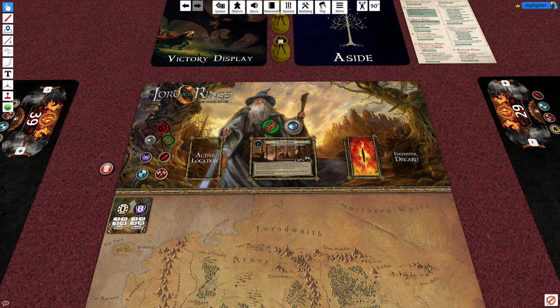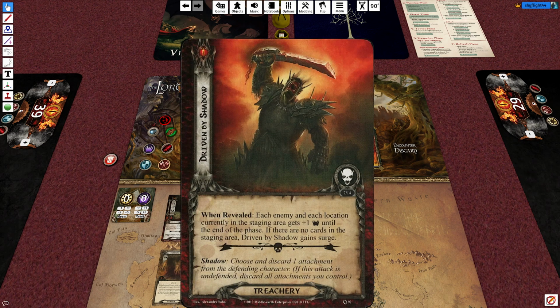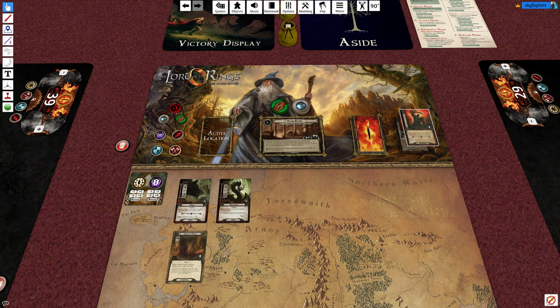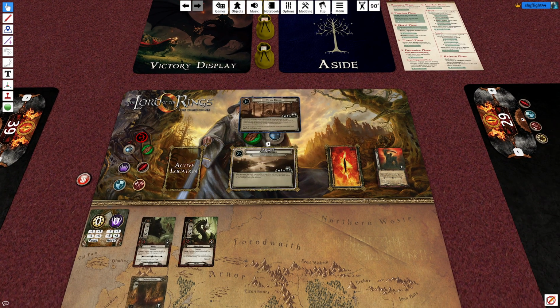Now, you'll never hear this from me again: let's find a troll. Wargs. Enchanted Stream, Marshatter, Riven by Shadow. So that's fine, that's fine. This thing's just going to increase everything by 1, and considering the fact that it's only until the end of the phase, that completely whiffs. The problem being, we're going to flip this up